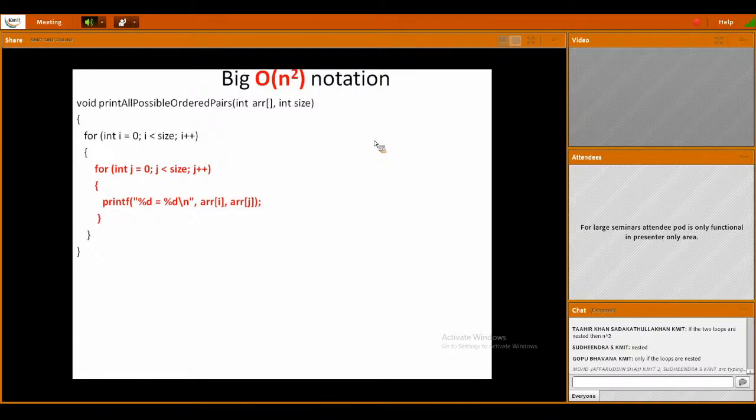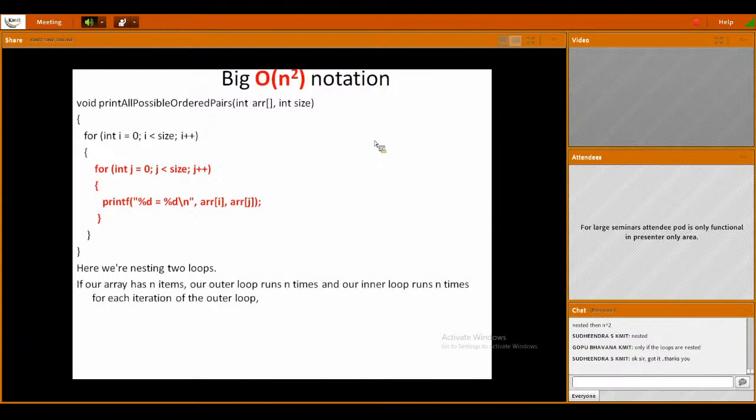Good. Meghana Desai, at the first time itself, said nested loops. So two loops and nested loops. Yes, in nested loops also there are two loops, but where it is placed is very significant. Only if loops are nested. Yes, Bhavana, I am with you. So how are we nesting the two loops?